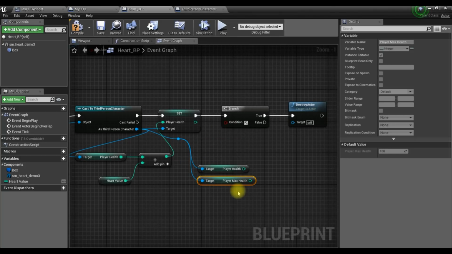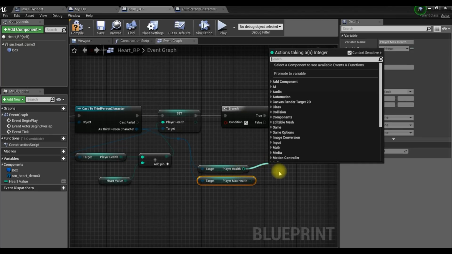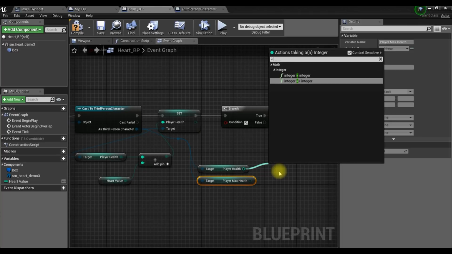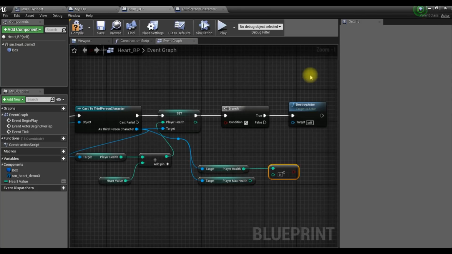What this will do is check to make sure that our health is not greater than the max health. So drag this off, and we want to type in less than. I'll grab the less than integer. We don't want a less than or equal to. If our player health is less than our max health, we can always get more health. But if our player health is ever equal to the max health, then we don't want to get more health. So we're going to make sure we get just a less than, and we plug in our max health. So if our player health is less than the max health,